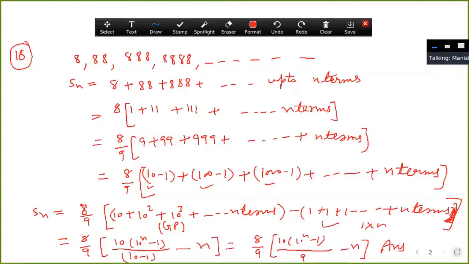Now come to the next. Which question do we have to do further? Let's do question number 20. Read the statement. Show that the products of the corresponding terms of the sequence a, ar, ar square, up to ar to the power n minus 1,